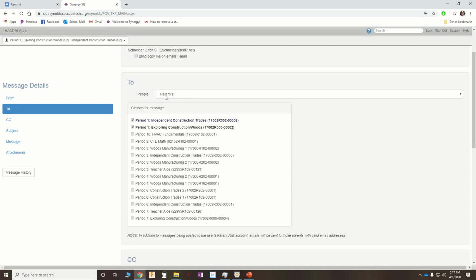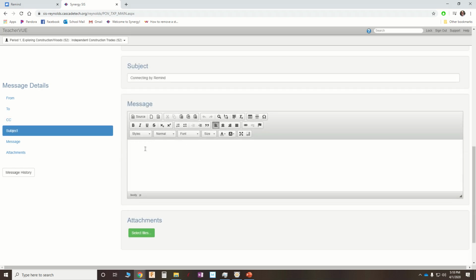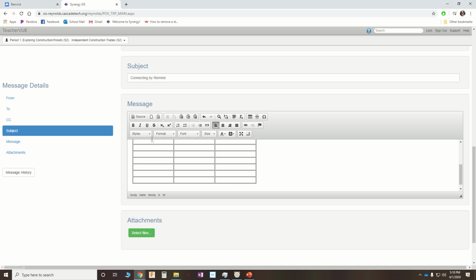What you'll want to do where it says People, select both students and parents, and check all of your classes. Yes, I have 13 preps. The rest of this works like regular email. Give it a subject. And then write a message. And in your message, you'll want to have your course codes. An easy way to do that is to insert a table right here. I made mine 14 rows and 3 columns because I have 13 preps plus a header row, and then 3 columns wide, and then you can just